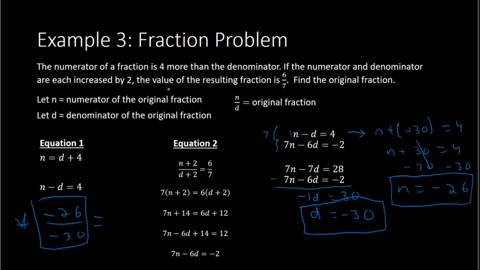because it says here if you increase the numerator and denominator by 2, the value is 6 over 7. So we can confirm that to be true by adding 2 to the top and bottom. That'd give me negative 24 over negative 28, and that would reduce to give me 6 over 7. All right, but the original fraction would have been right here. All right, if you try to reduce and then increase by 2, it's not going to work to get the